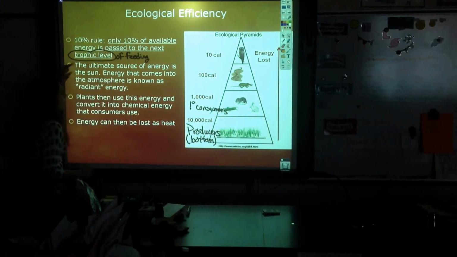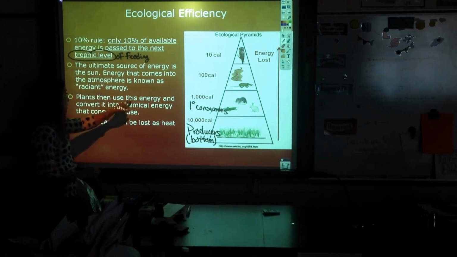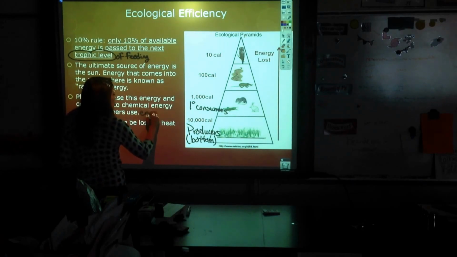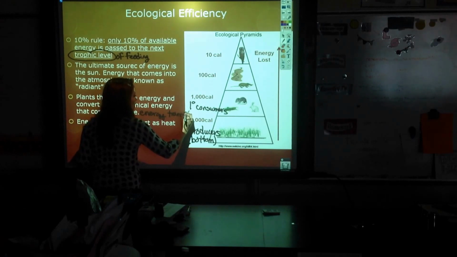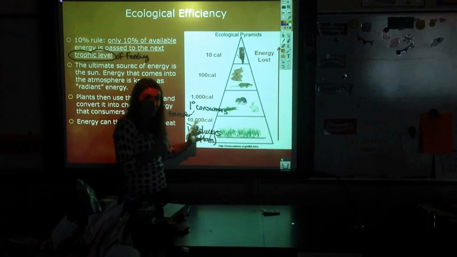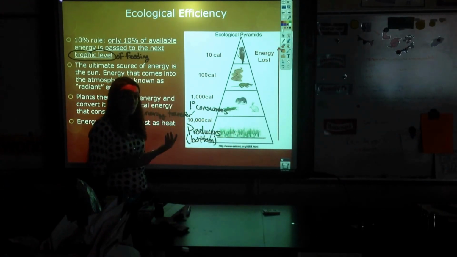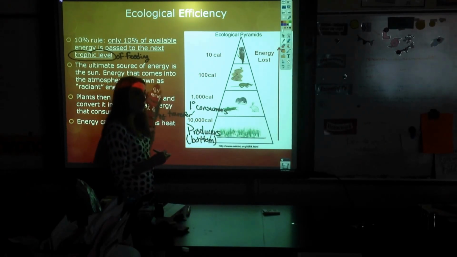Now remember, the producers took energy from the sun, and this is called radiant energy, and it's used by plants to convert it into chemical energy. So we call this energy transfer, because we're taking energy from the sun, and plants and producers build chemicals out of that. That's what builds their body. So here you have your producers, and they've done all this work to put